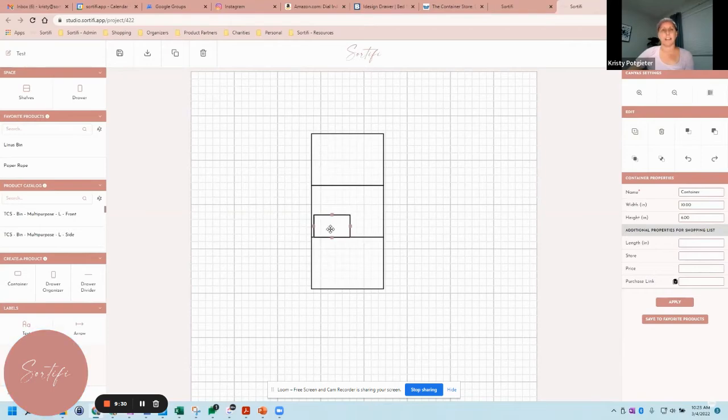So a container would be anything that's going to be front facing, and we can rename it. We'll just call it a line of spin, and we'll say the width is 8 inches by 6 inches tall by, let's say 8 inches deep. We'll say that's from Container Store. I don't know how much it is, but I'll just put in